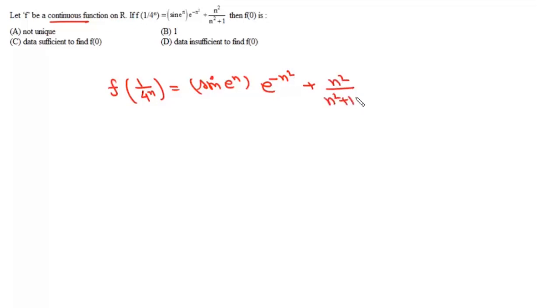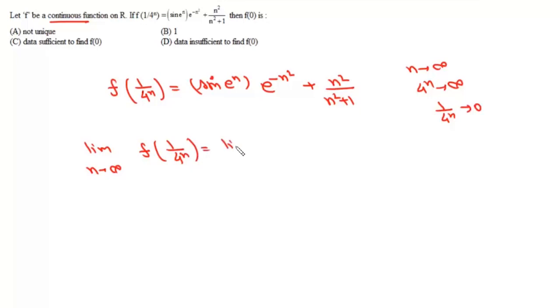We need to find the value of f(0). Now we know that as n approaches infinity, 4 to the power n approaches infinity, and 1 upon 4 to the power n approaches 0. So what we'll do is we'll take this limit n tends to infinity on both sides. So this is the limit as n tends to infinity of f(1 upon 4 to the power n),